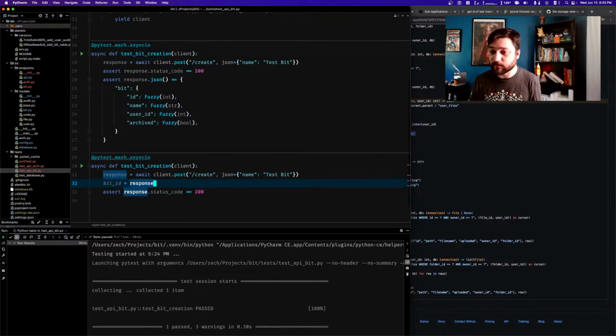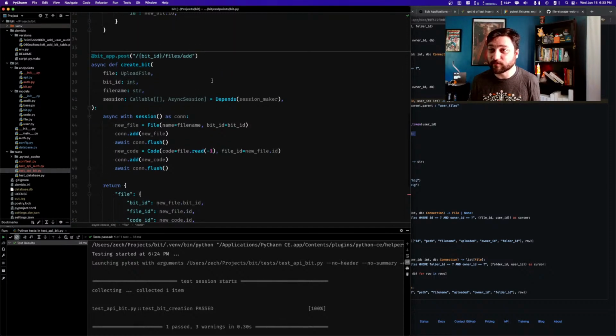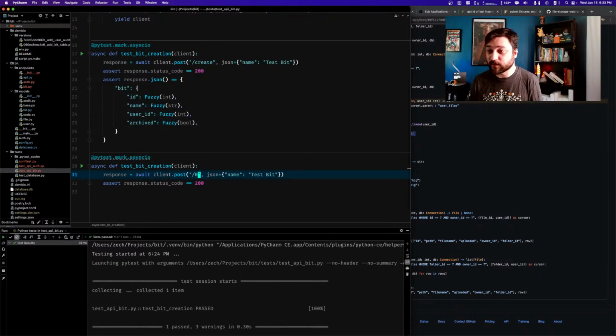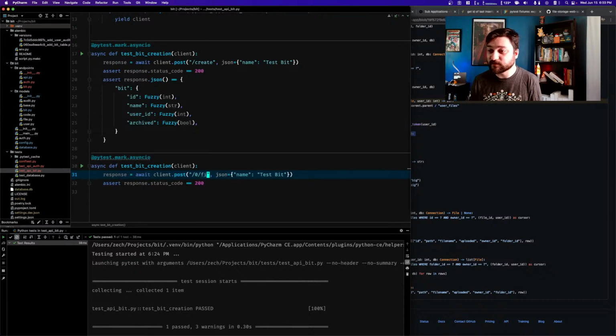Actually, no, we don't need to do that. You know why? Because it's not actually checking if the bit exists. It'll upload to any bit if we tell it to. Which is not good. For now, that's a security problem. But we can do 0, which is bit ID files /add. Data file name